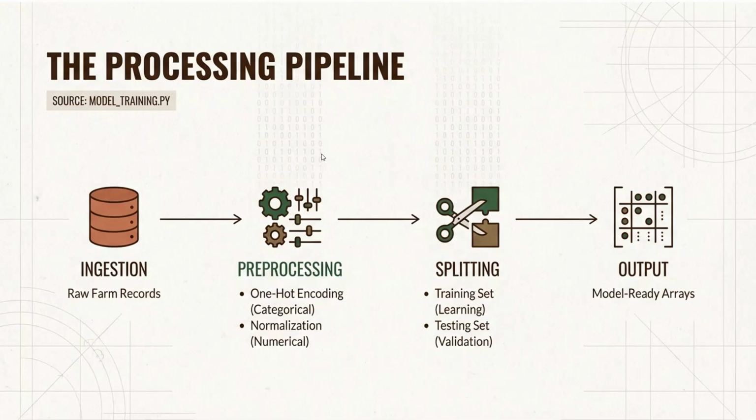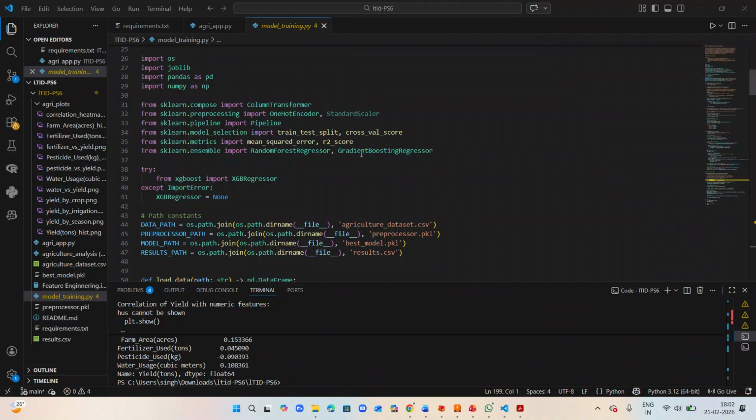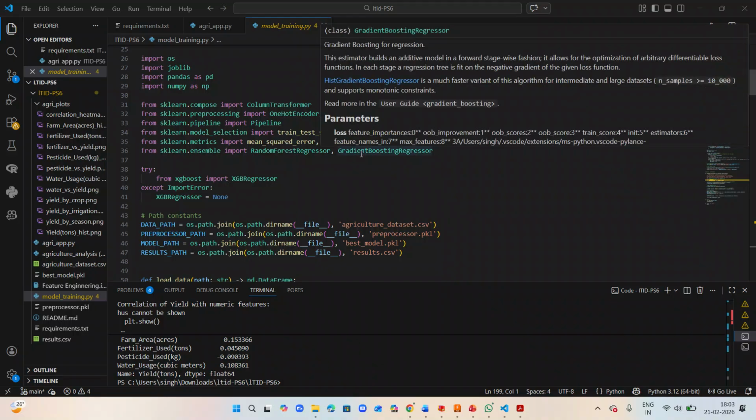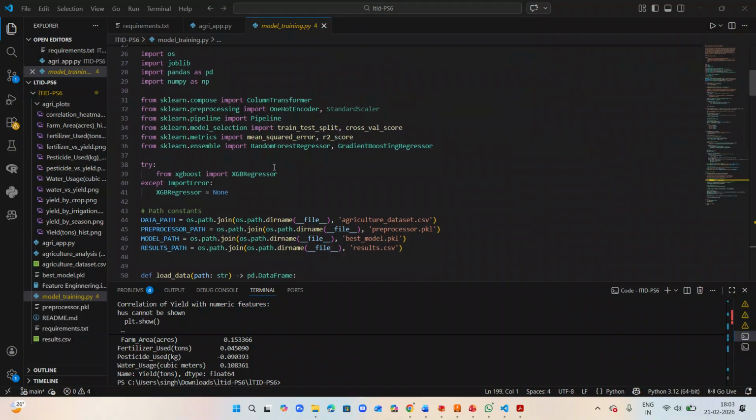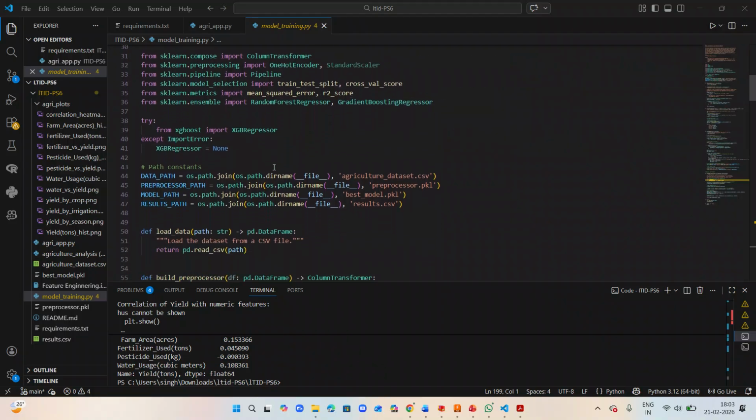Okay, so now we move toward the processing pipeline. For the processing pipeline, I use the help of model_training.py. I will show you. This is our model_training.py, and first I import all the libraries, and then